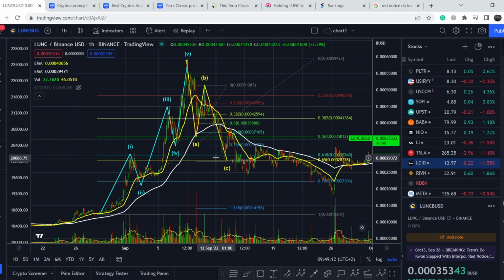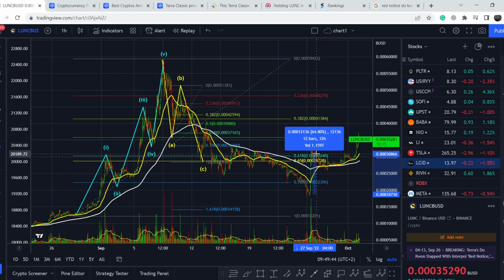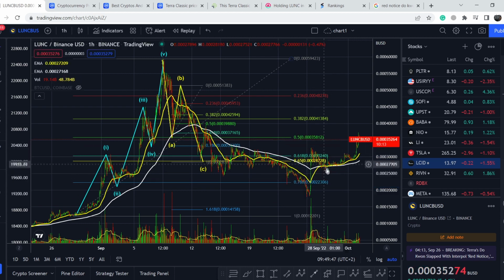I predicted a lot of its movements, and because of this breakout below the 0.786 range, I thought that we might land even lower. And I missed this movement completely because it was quite artificial, and I will show you in my fundamental analysis what the reason for this movement was. But we didn't lose any money because I told you that you shouldn't enter your position in a period of uncertainty. And we had this massive movement to the upside for more than 70%, and then it had a